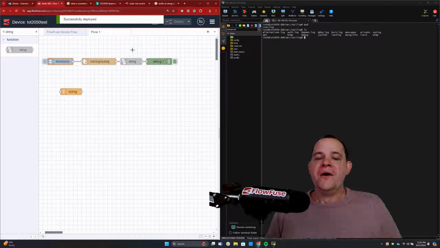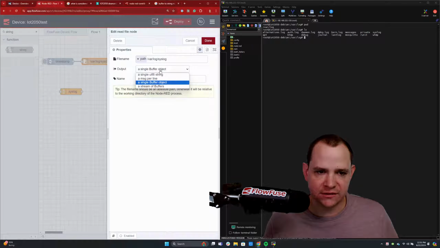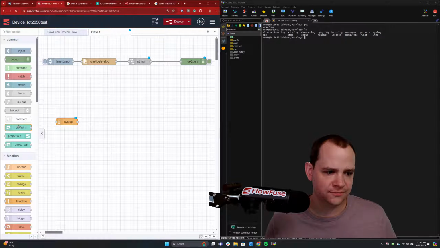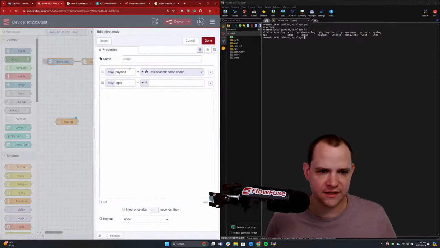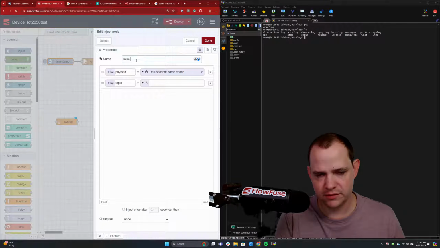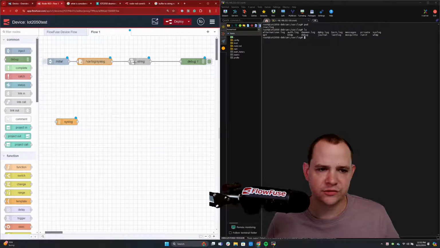So what we're going to do is capture this single buffer object, and then I'm going to save it. I'm going to write file. So my initial, and we'll call this init, initial. And we're going to read